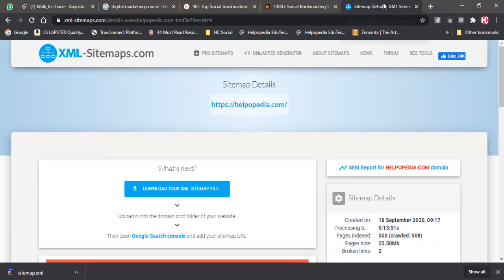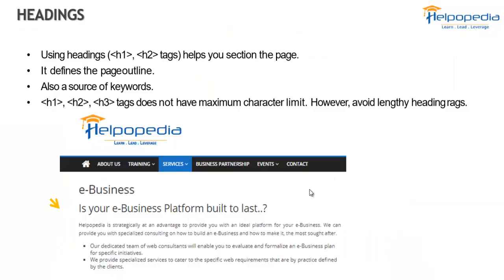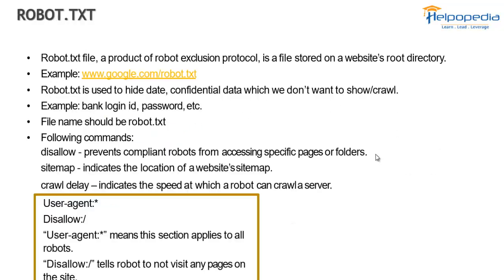So like this we need to know that these are the things we need to perform. Headings we need to use. Then we can have various keywords and those can also be tagged as headings. So that is what we can use.